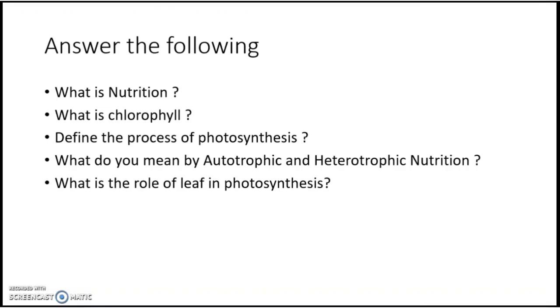Dear students, now this is the time to wind up the session. The last part of our lesson is answer the following. Here I am giving some questions to answer. After reading the lesson, you all try to write these answers in your notebook. And also you have to draw the picture of photosynthesis which is given in the textbook and write the equation of photosynthesis. The questions are: